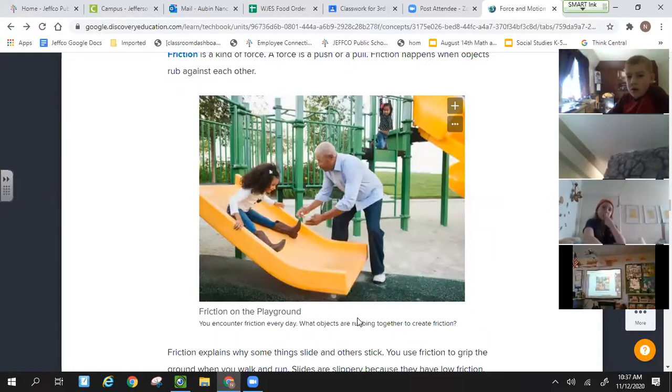So now we've heard the word friction. And we've talked a little bit about it, but let's actually create some friction. Put your hands together. Rub them, rub them, rub them. And we are creating what? Friction. Friction happens when...